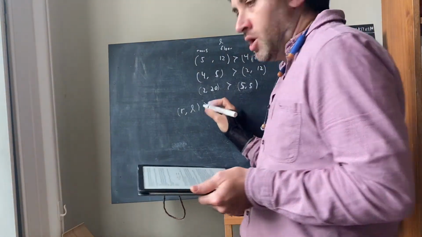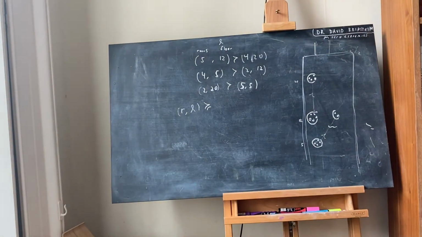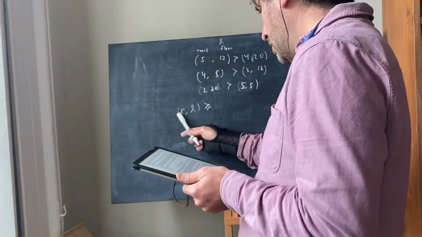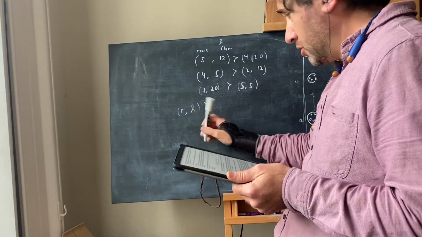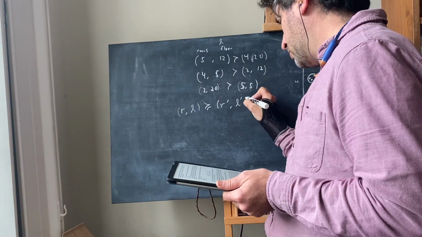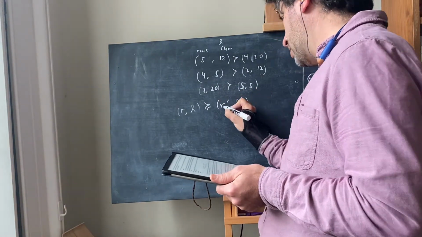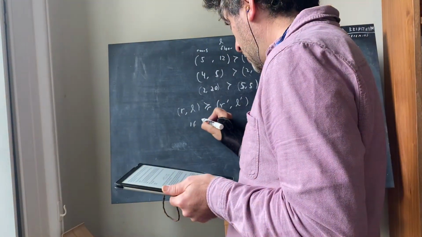So when we talk about the primal preference relation, we express things in terms of weak preferences. So an apartment with some number of rooms and some floor is preferred to some other apartment, with characteristics R prime, L prime, R prime number of rooms, L prime floor, if and only if,